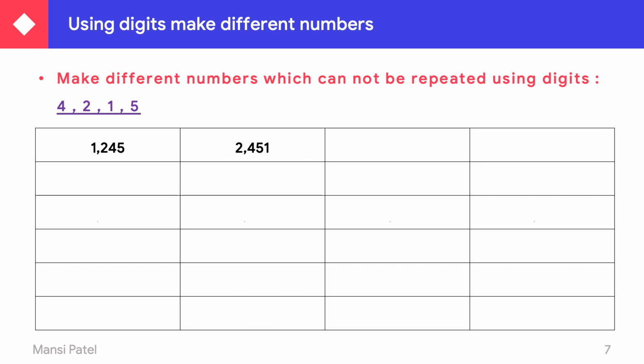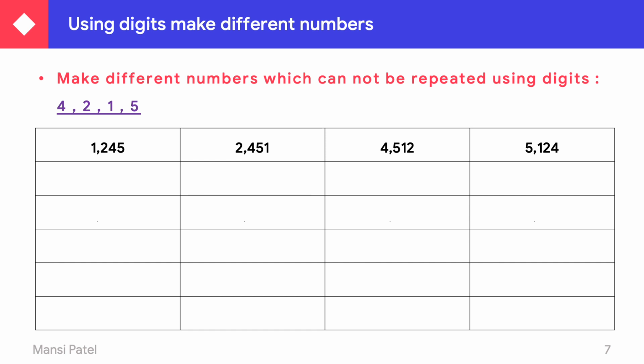So it becomes 2451. Now see here again, the same rule you have to apply. Here, in the third number, you have to start from 4. So 4 written in the hundreds place comes to thousand place, and 2 written on thousand place goes to ones place. Then again rule number 1, so it becomes